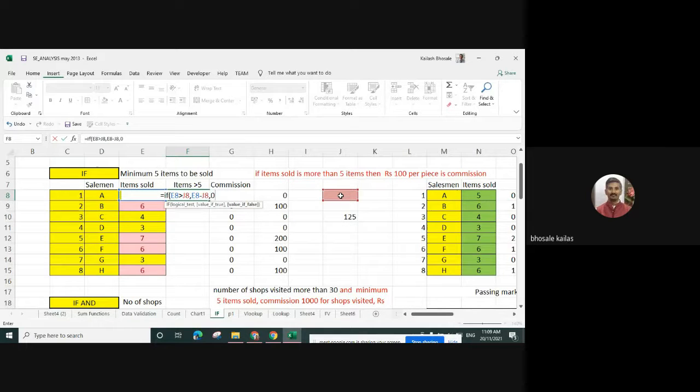0 should come. So we have used the if logical test whether the value in the cell is greater than 5, then what should be done? Then I want to find out the subtraction from 5. This 5 means the value in the J8 cell. I want the subtraction of the value in the J8 cell and this E8 cell.